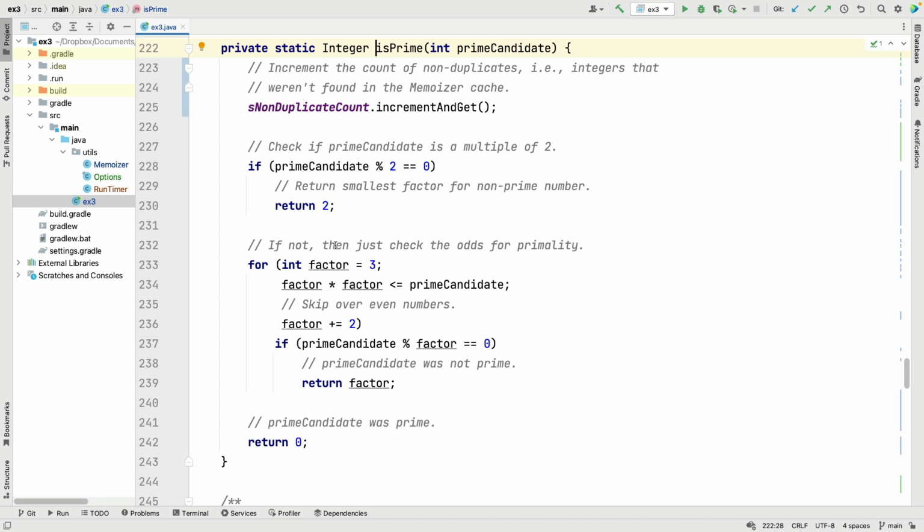If the number is not an even number, then we go ahead and just check the odd values for primality. And here's the way this works. We start out by setting a loop counter variable called factor to 3, and you can see that we skip over even numbers. So we'll go 3, 5, 7, 9, 11, and so on. The loop condition multiplies factor by itself and checks to see whether or not it's less than or equal to the prime candidate. Recall that a prime number is a number that is not the product of 2 smaller natural